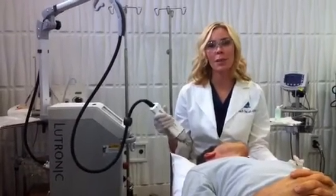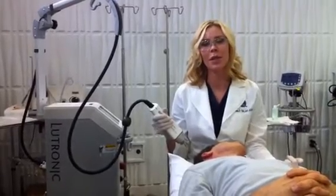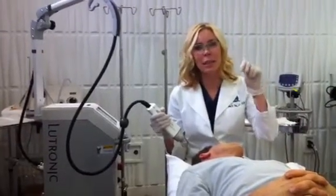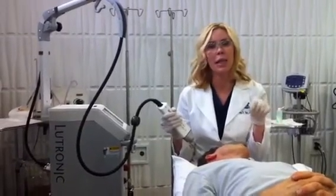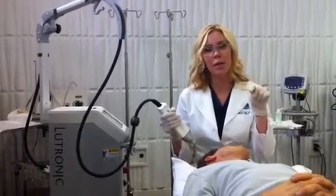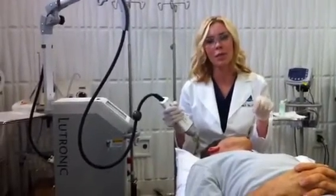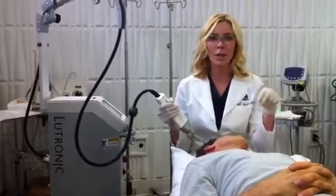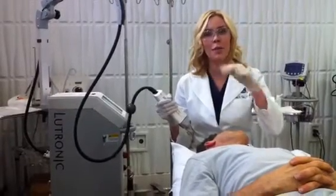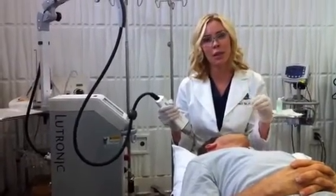Today we are demonstrating the Infini, which is a radiofrequency device that uses teeny tiny microneedles to deposit that radiofrequency, not through the epidermis and causing damage, but down into the dermis. So it really is a combination of two great modalities. Small needles to encourage collagen growth, but then using that radiofrequency once the needles are actually in the skin to